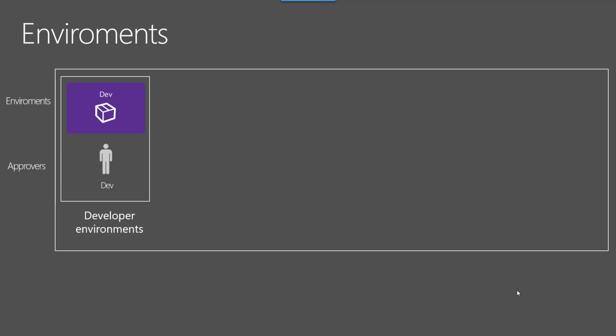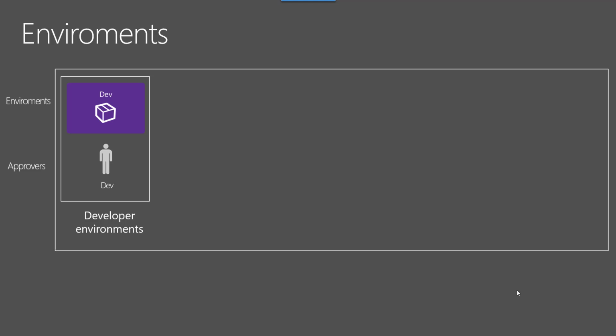So let's look in more detail at the different environments and the process for moving the package from one environment to another, which we call promoting the package. We usually have different environments, and this could differ from one organization to another, so this is just an example. The first environment is the development environment. This is usually the environment where the developers start verifying that the development is complete.